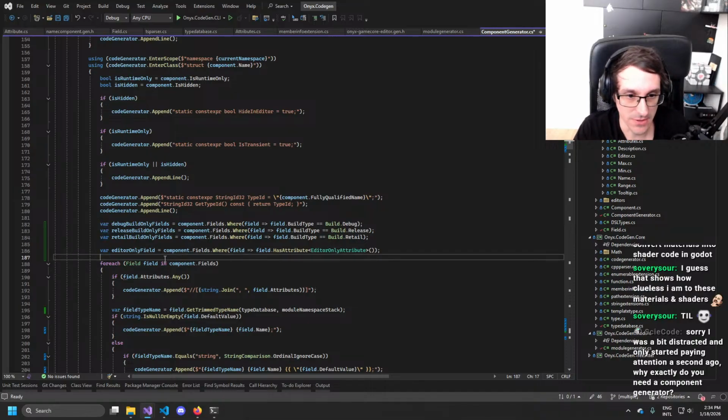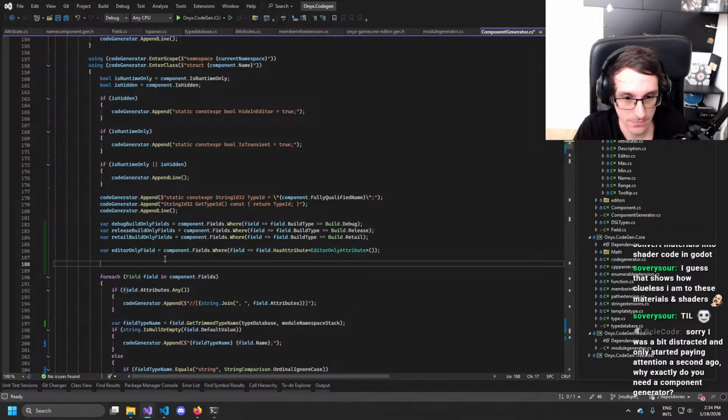Technically, that could overlap. Or build type filters.